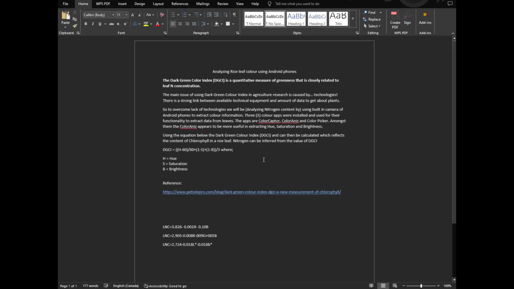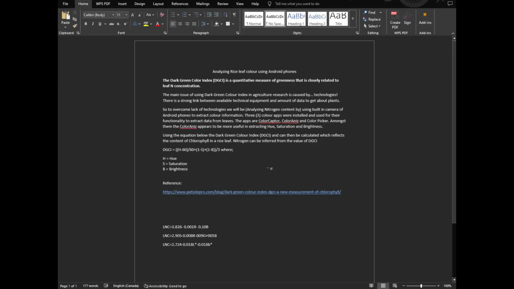So I tested 3 apps, actually 4. Anyway, I found that ColorAniz to be the better of the 3 apps that I use. And so from all of that, from reading and researching,